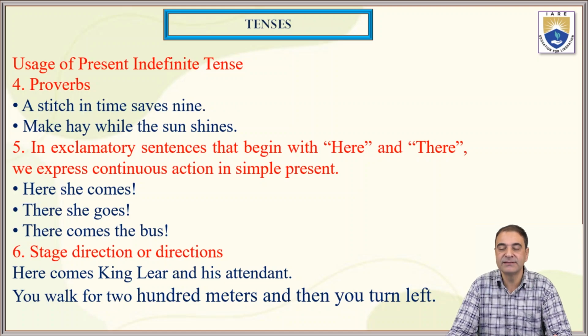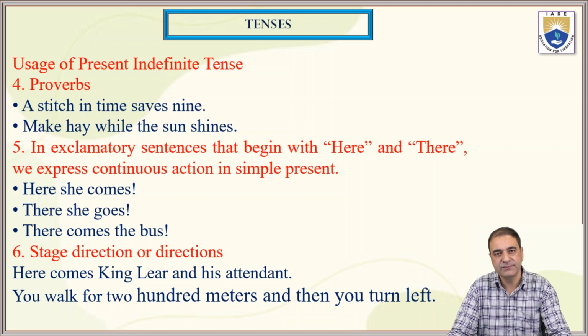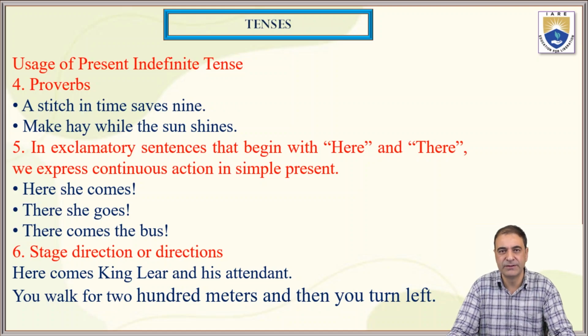Here, a stitch in time saves nine. Again, here we have the verb saves, this verb in first form. And a stitch in time, it is third person singular. And make hay while the sun shines. Again, shines, this verb in first form. We can use the simple present tense to express proverbs. Why? Because these proverbs are supposed to be true. For example, an open door tempts even a saint. Or for that matter, when old crow crows, little one learns. Here, we have different proverbs, and you will find all the proverbs